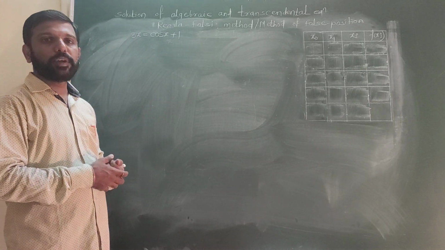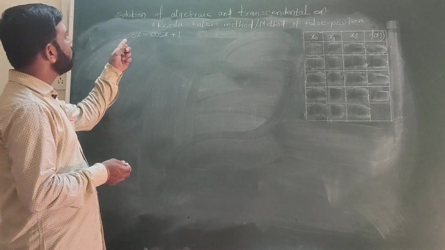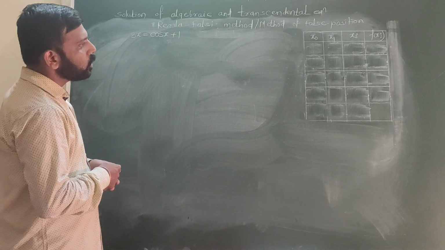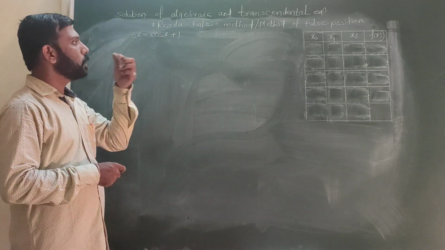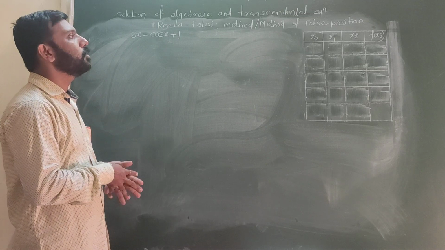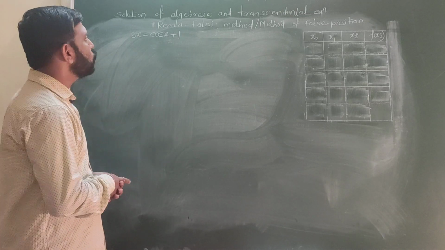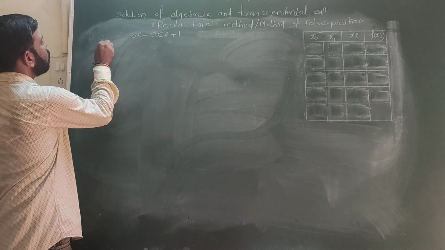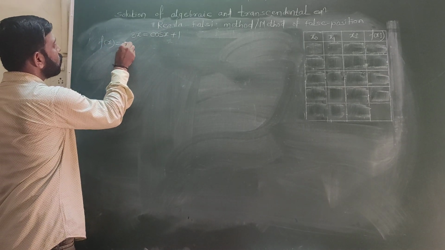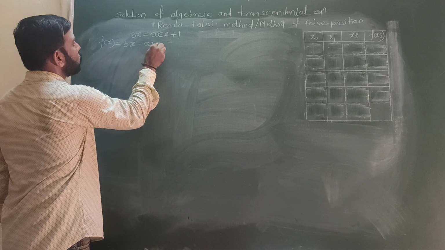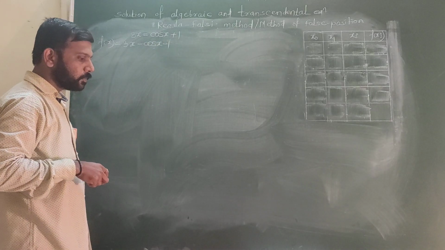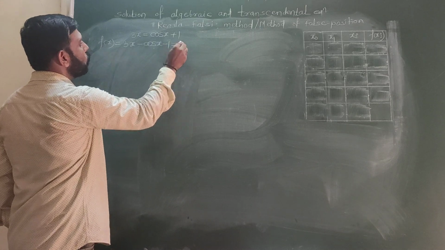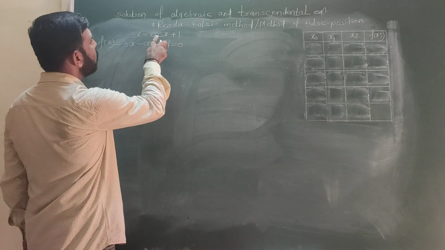Now here, next problem we consider the transcendental equation 3x = cos x + 1. This problem we will solve by using the Regula Falsi method, or that method we call the method of false position, in short, the RF method. Initially, write down this equation in the f(x) form: 3x - cos x - 1 = 0,